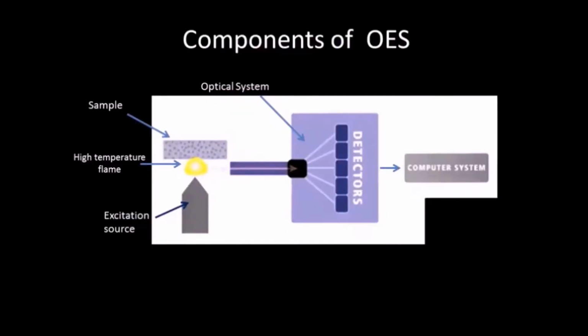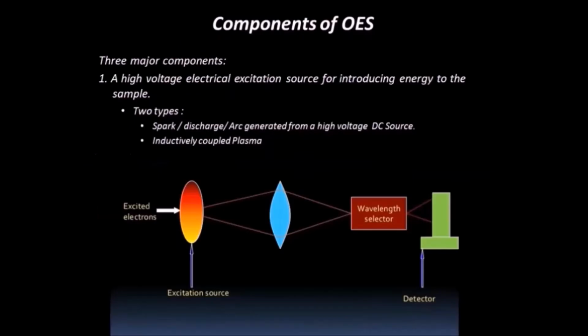Now I will describe the major components of OES one by one. OES has three major components: a high voltage electrical excitation source for introducing energy to the sample. Excitation sources are of two types: spark, discharge or arc generated from a high voltage DC source, and inductively coupled